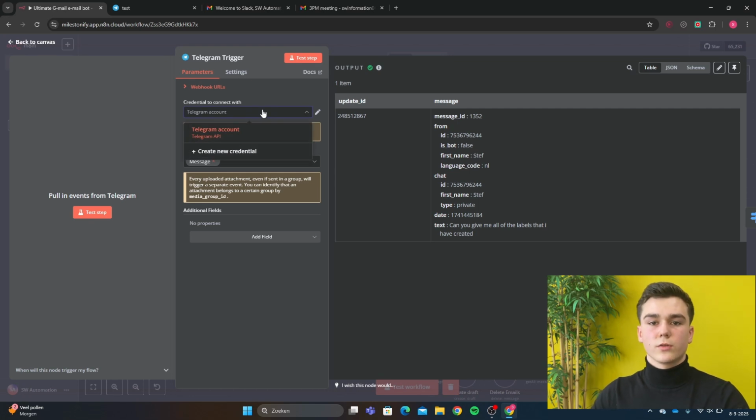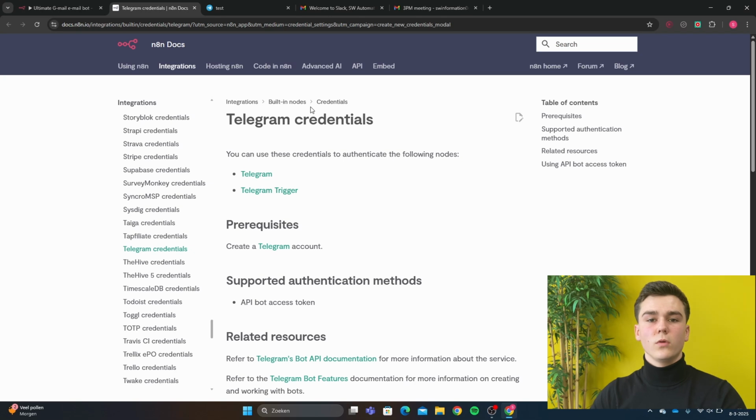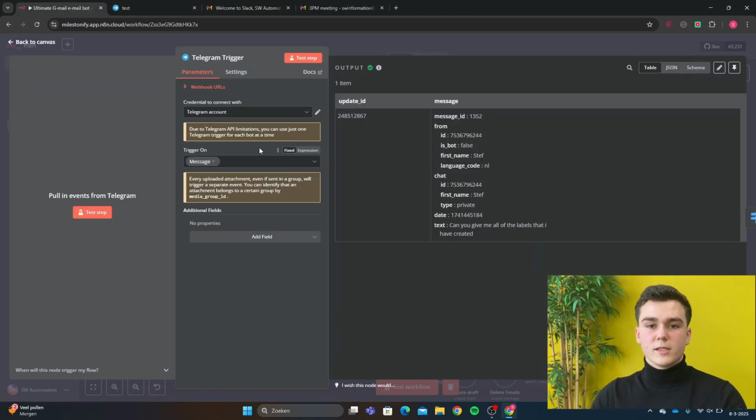If you don't have a credential yet, then press create new credential, then open the docs, and n8n has a full explanation of how you can create your credential. For the trigger on, you're going to put it on message. This is going to make sure that the Telegram trigger can receive all kinds of messages,